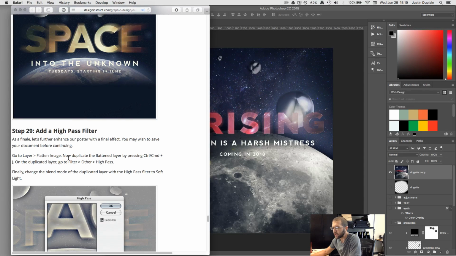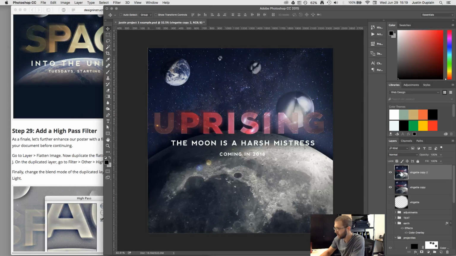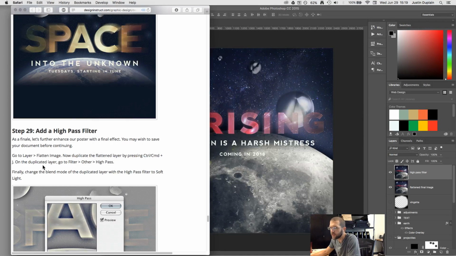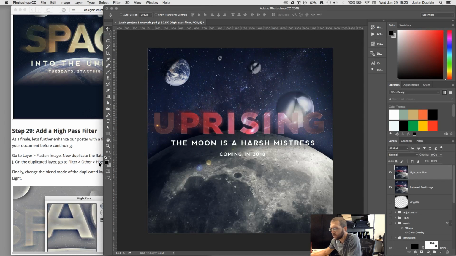Now duplicate the flattened layer by pressing Control and Command J. Command J. Okay. So I'm going to call this flattened final image. And then this one is going to be high pass filter. Okay. Finally, change the blending mode of the duplicated layer to high pass and soft light. Okay, so